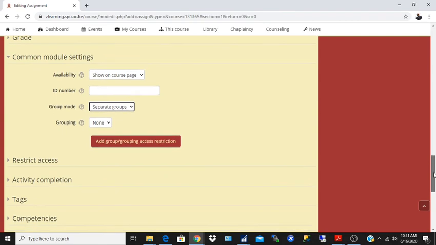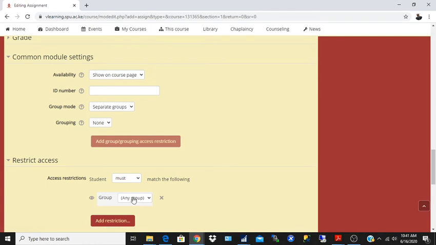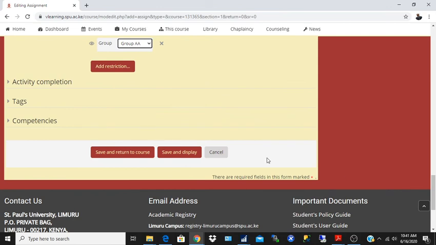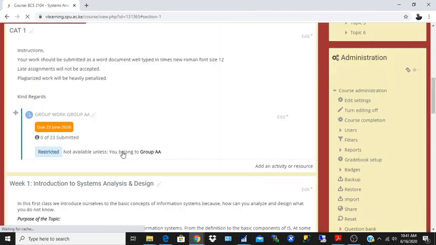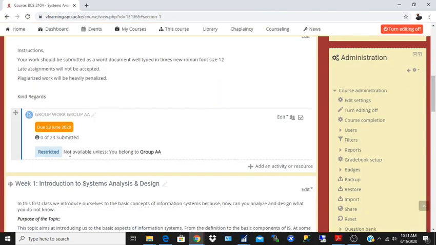Then once you are done there, you click on add group restriction. Then when you are there at restrict access point, you click here and you put that group that you want to have access to that. So once you put that restriction for the group, you scroll down and you click on save and return to course. That work will only now be available to the specific group that you have specified,